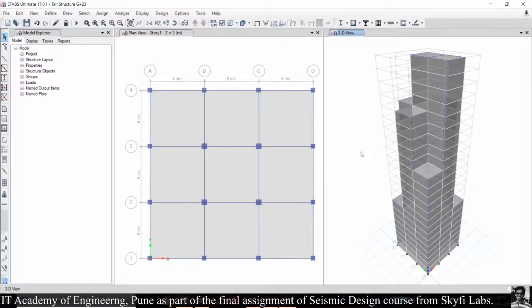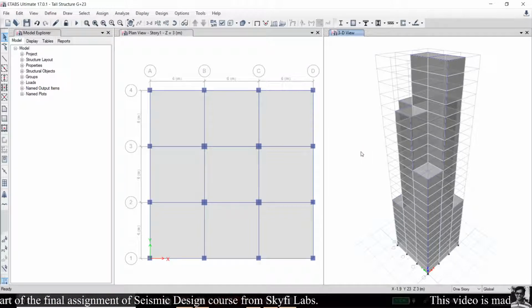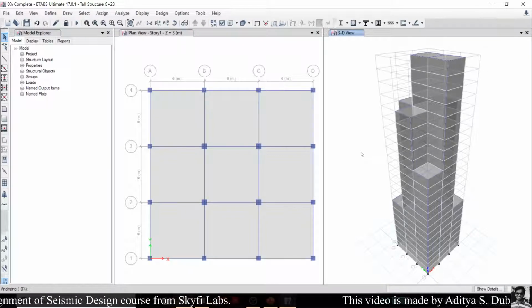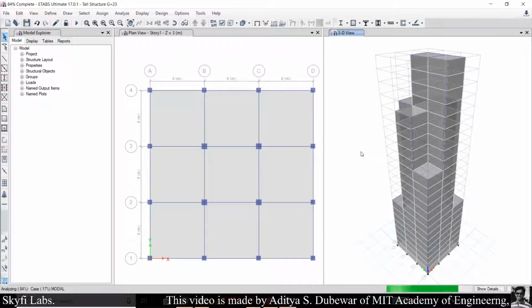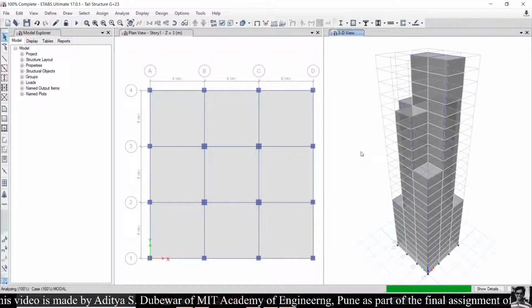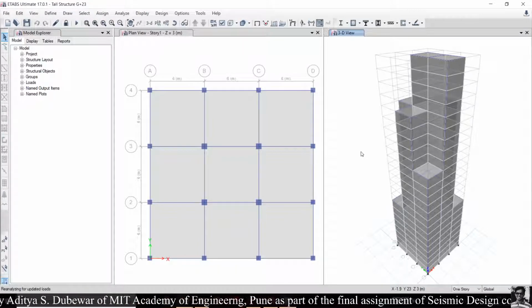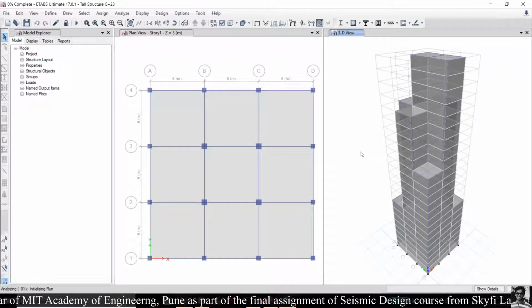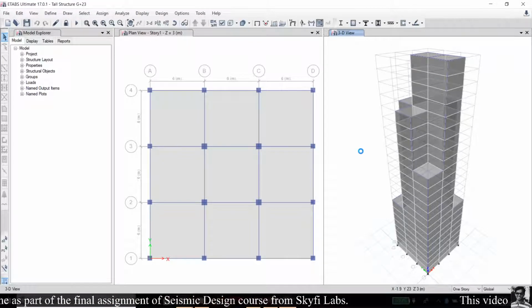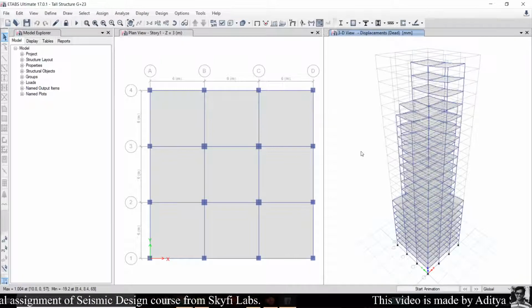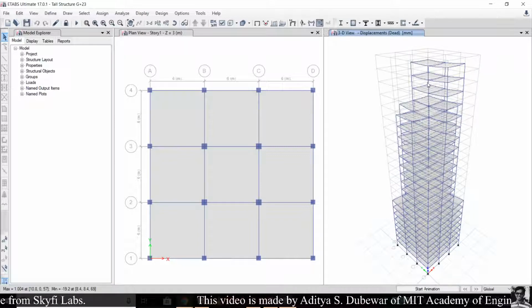It will run the analysis for the structure. After completion of analysis, it will show the deformed shape as it shows the action of the assigned load on it.